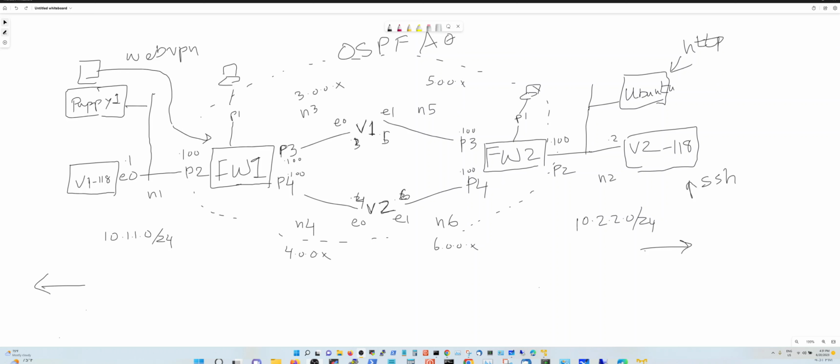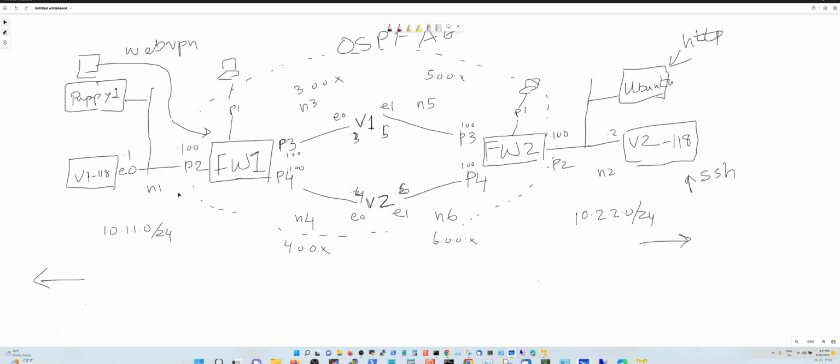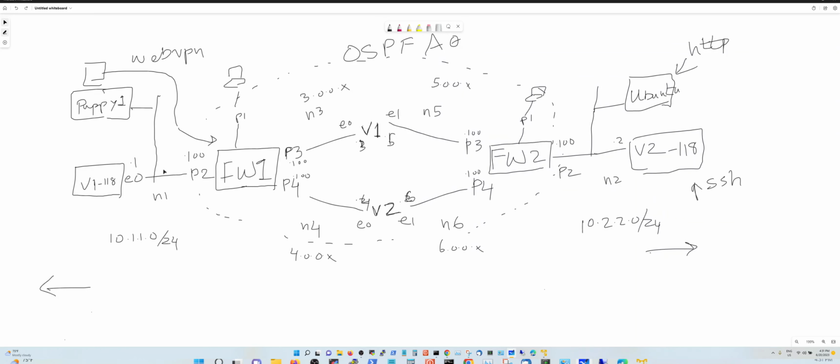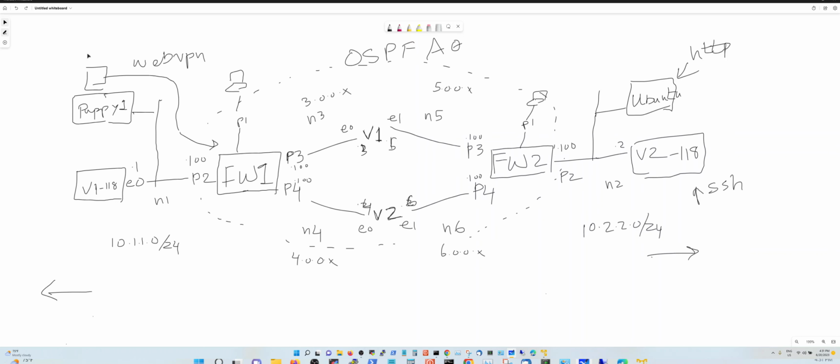So in this video, I'm going to try to illustrate Web VPN that is available in Fortinet firewalls. Here in my setup, you have a Puppy Linux that's going to use a web browser to access the server on the other side. And this Puppy Linux browser is the only browser that is going to work